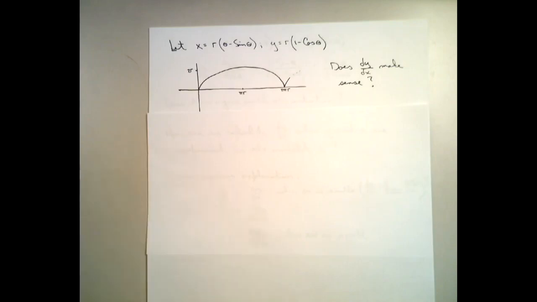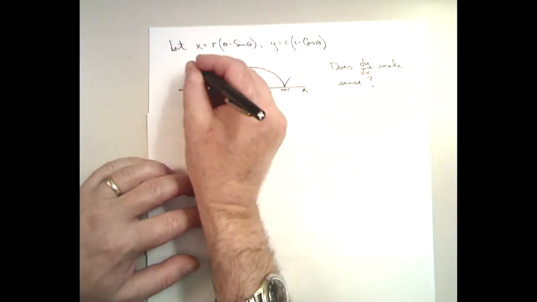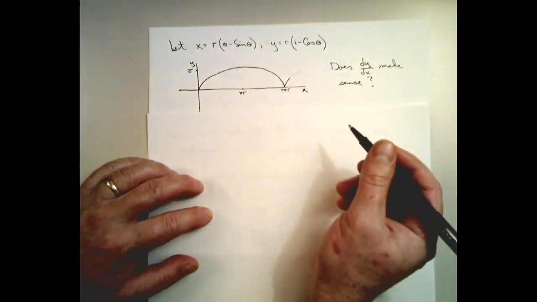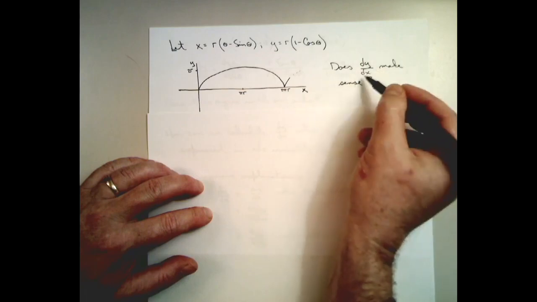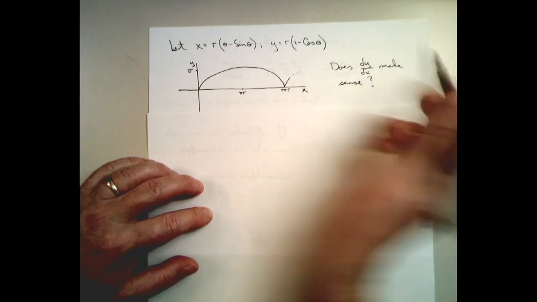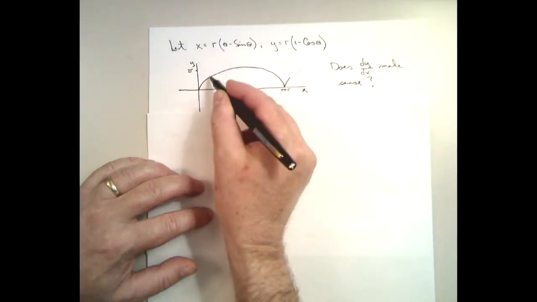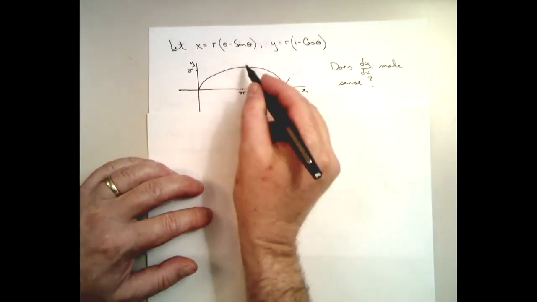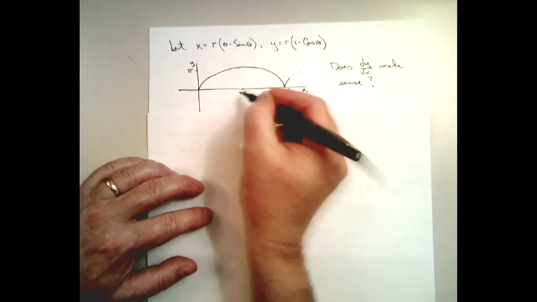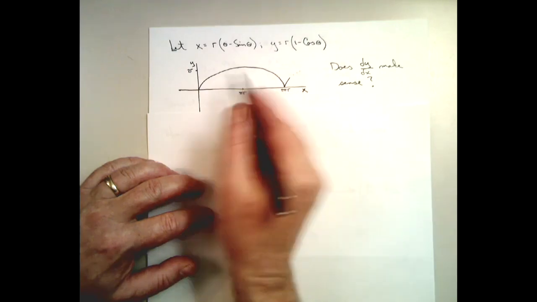Well, yes, actually, it makes perfect sense to talk about it, because after all, we're looking at this picture of y against x. And so it certainly makes sense to ask, what is the slope? That's what dy dx means. What is the slope at a particular point? So, what's the slope of this curve at this point? Here it looks like the slope of the curve is 0 at pi r. Keep in mind that